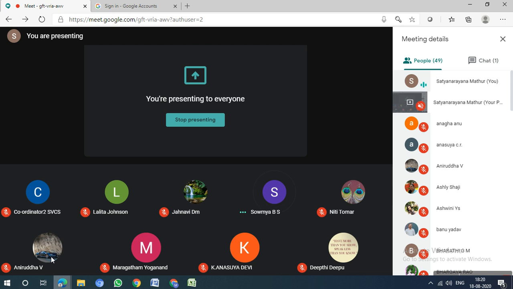Yes, the time limit is as I showed, like before 5 o'clock, before 3 o'clock. Can we conduct periodic tests through this only? Yes, you can conduct, because the main thing is you will be having evidence. Tomorrow you no need to search where I put the document, whether in Google Drive or mail. Everything will be in a single login. Till now we are concentrating on teaching, still not very planned about how to conduct tests.